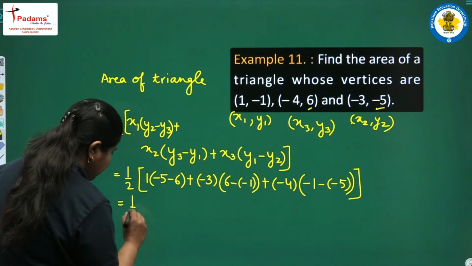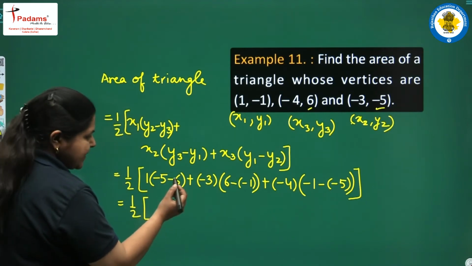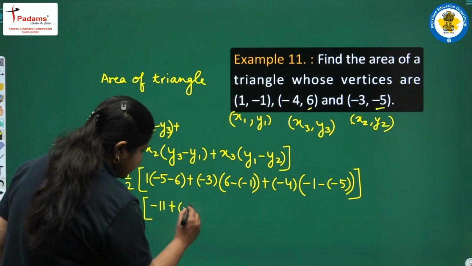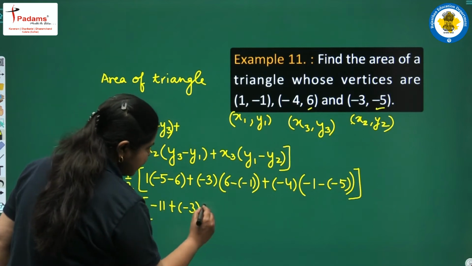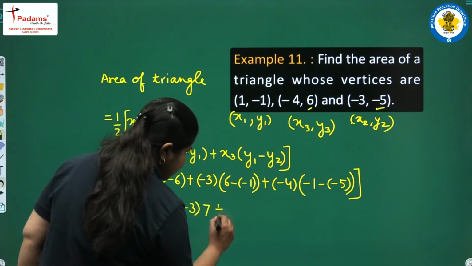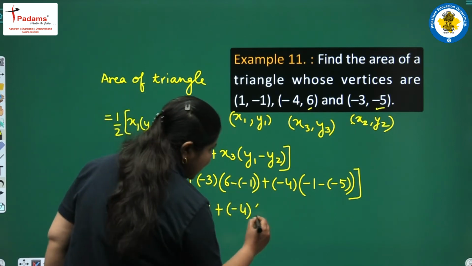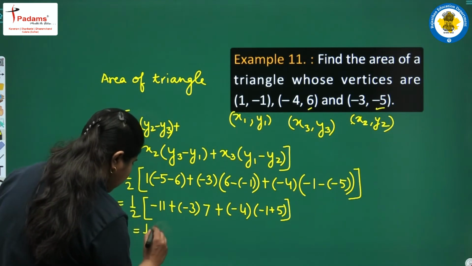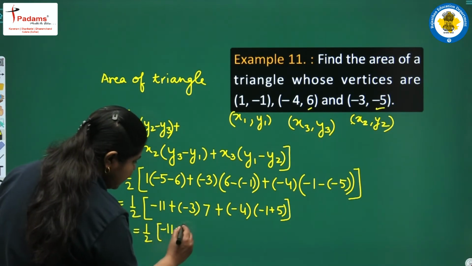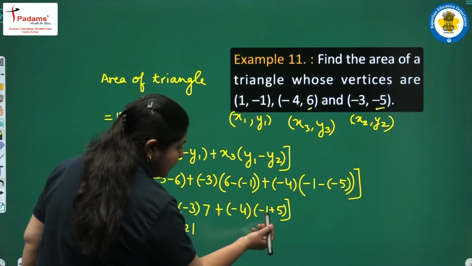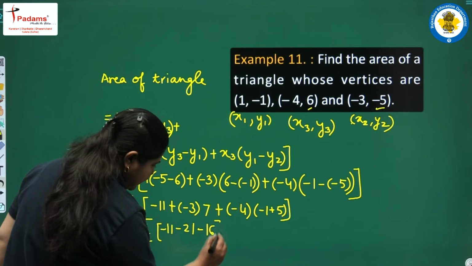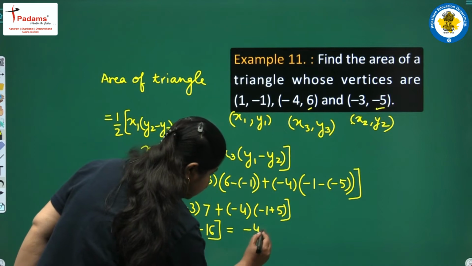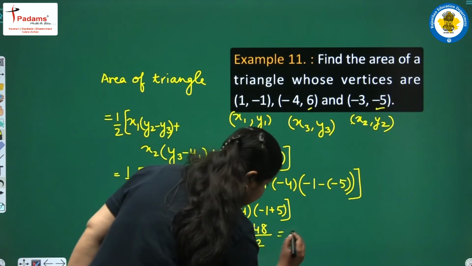Now let us simplify. Half into -5 -6, it will be -11 into 1, that is -11. Here we will have -3 and here 6 plus 1 will be there, so we write 7 here directly, plus here -4 into we will have -1 plus 5. Again on simplifying we will get half into -11, then this will be minus 21 and this will be 4 into minus 4, that is minus 16. Now what do you see? On adding these numbers you will get minus 48 upon 2 and this time it is coming equal